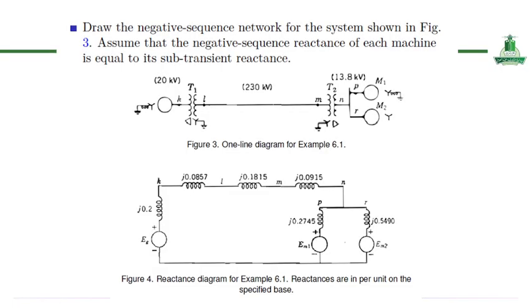And also additionally, transformers and transmission line typically have the same reactance in both positive and negative sequence networks. So their previously calculated per unit values also can be reused here. So the result is a simplified but powerful equivalent circuit that can be used to analyze unbalanced fault currents and system